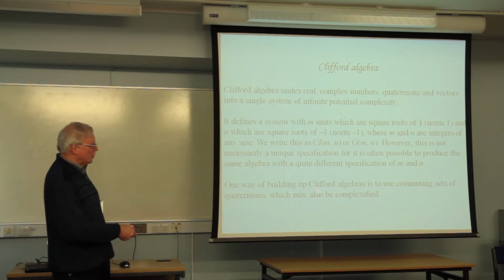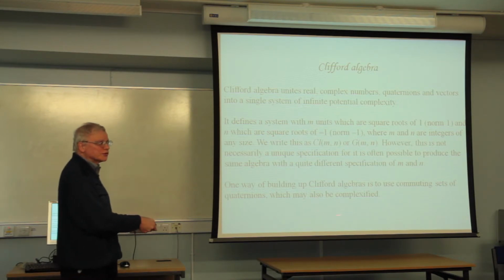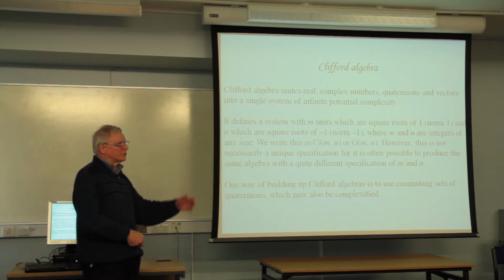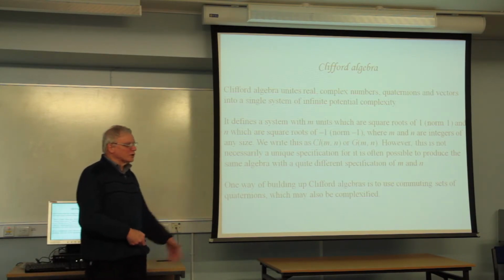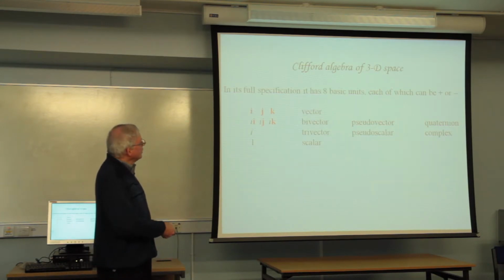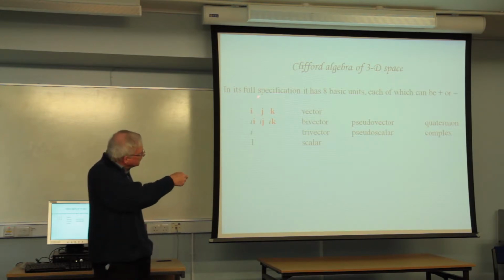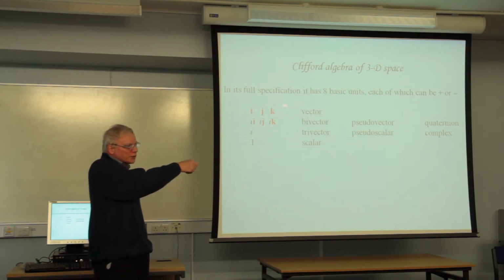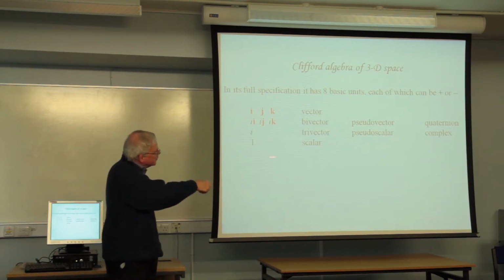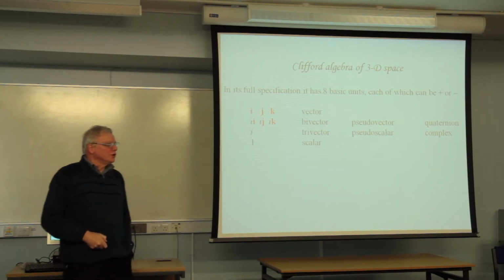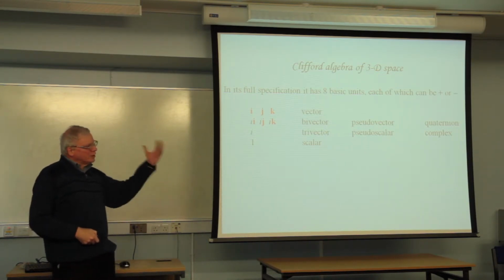Now, one way you can build them up is to use commuting sets of quaternions, which I just mentioned. You can just have endless sets of these quaternions. You can have 5 sets of quaternions and make an algebra from them. Or you can have complexification as well. Now, this is what you were asking me earlier. Now I'm able to specify it. This is the complete algebra that's for three-dimensional space. This is one three-dimensional space, looks precisely like that. It has 3 real vector terms, 3 complexified vector terms, complex numbers and real numbers. And those together make the complete algebra.